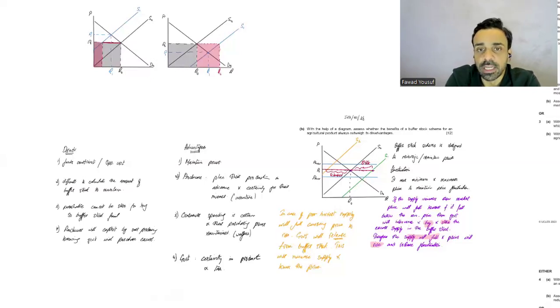Even if you have, like for example, आपका buffer stock के अंदर you don't have enough in the stock, right? And market के अंदर prices ऊपर जा रही हैं because of the shortage, like in our diagram. If the prices want to go up, आपके पास shortage buffer stock में नहीं रखा हुआ to release, so you would want to import some. But if the price of imported goods are high, then importing and selling it into the market, either you're going to sell it at low prices so that people can afford it, तो government का expense बढ़ गया, because sort of like government is subsidizing the whole thing.